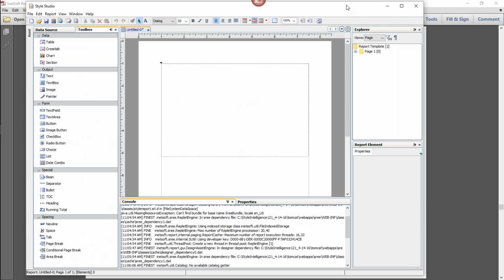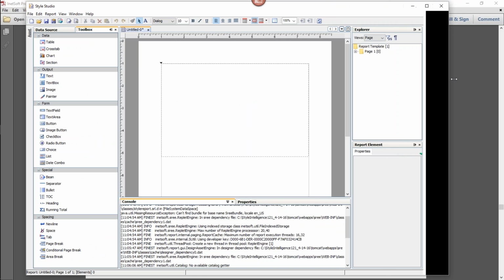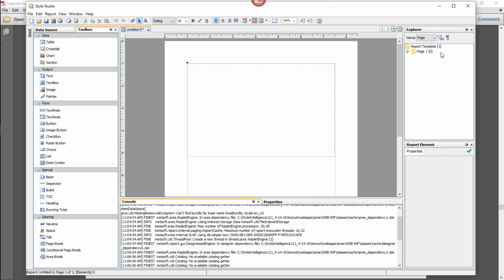Hopefully everybody can more or less see what we've got here. So this is the report page, and basically I'm going to put elements onto this page. You can see that the interface is somewhat involved. There are different panels here. I'm not going to get too much into what all these panels do. That'll be something that we can explore on an ongoing basis as we get into other reporting topics.